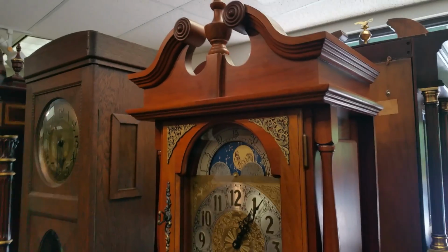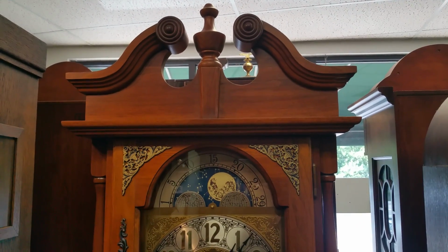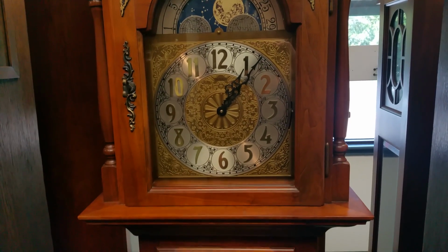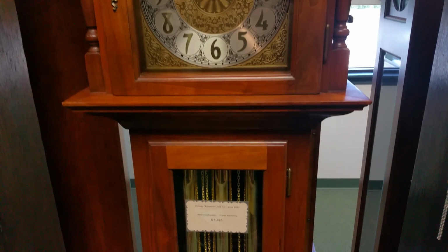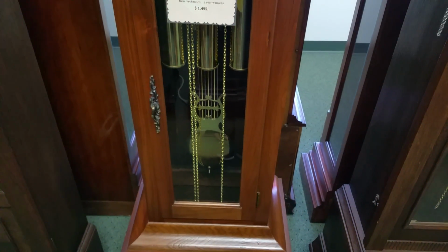Another one of our used ones. This one was purchased because of the style. Some people like this pinched waist style. This is actually a triple chime movement, so it plays 3 different tunes. It's got all new insides, great shape,